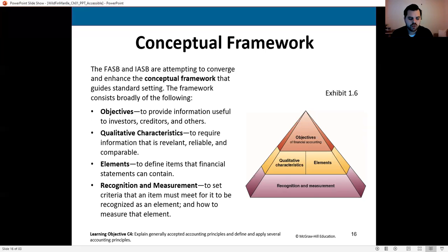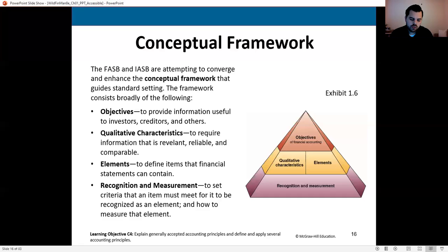Now, this has been going on for many decades now, at least two or three. And so far, very little progress has been made. The two are significantly different in a number of areas, and both sides firmly believe they are right. So, in my opinion, it is highly unlikely these two will ever completely converge, where we'll get one set of rules for the entire world, but this is where we are for now.